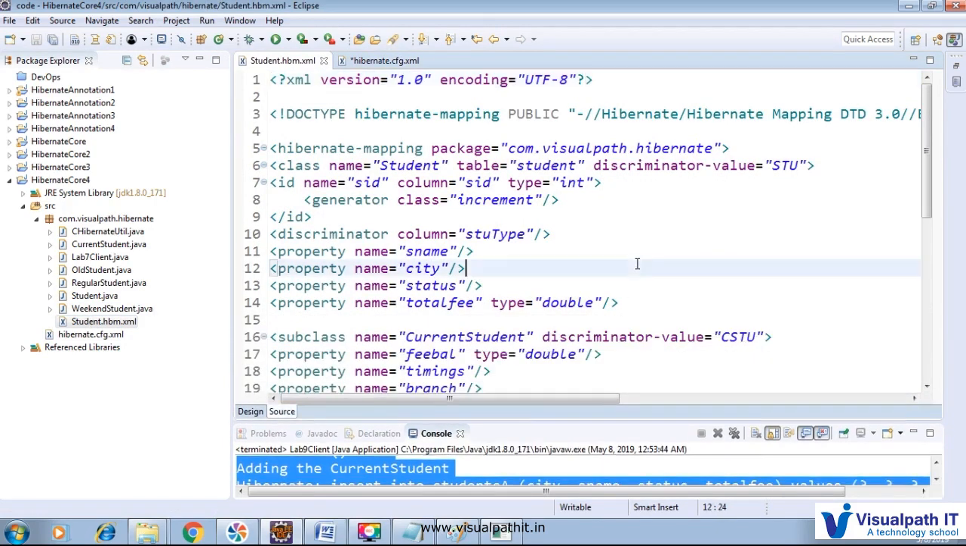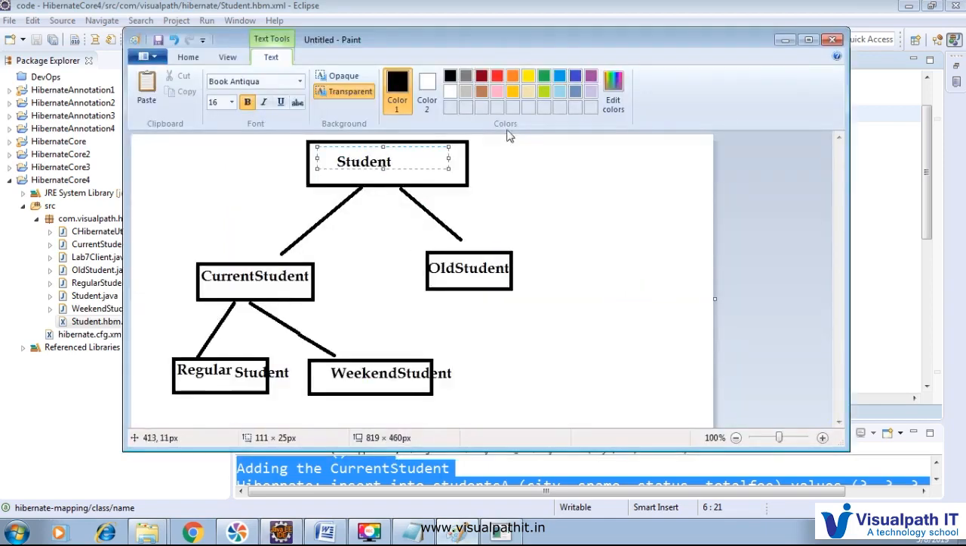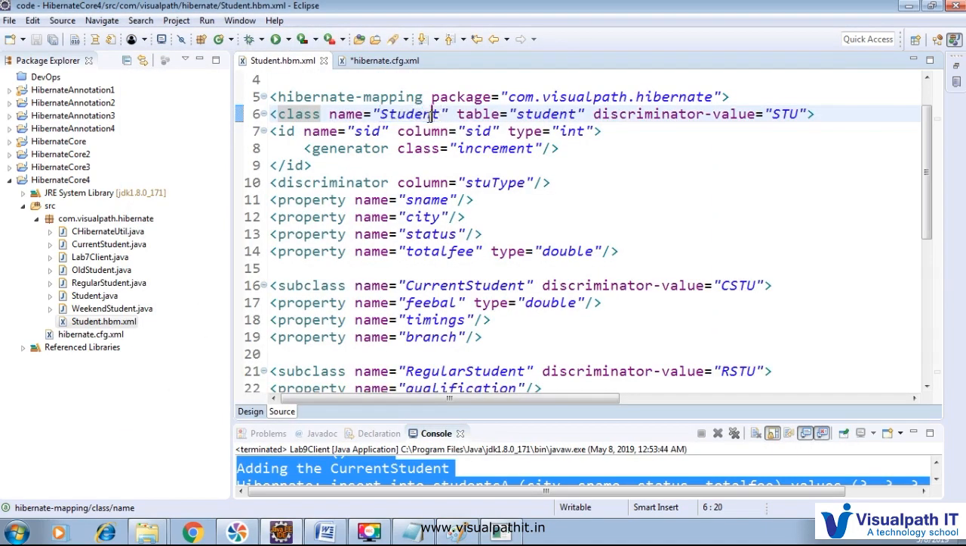You see that it starts with hibernate-mapping as usual. After that we have to provide a package name, which we provided, and after that the class is student, that is the superclass of the mapping, because this one is a student, that is the reason we added student here. After that the table name we want is student as it is a student only, and the discriminator value we want,